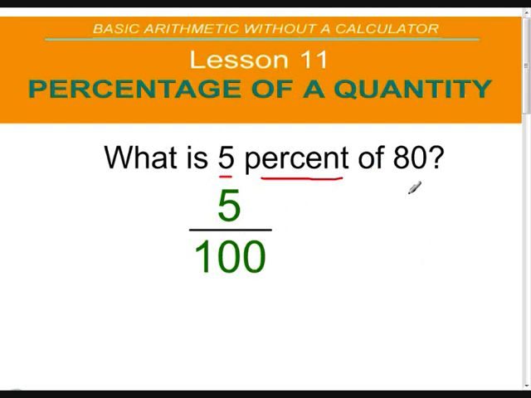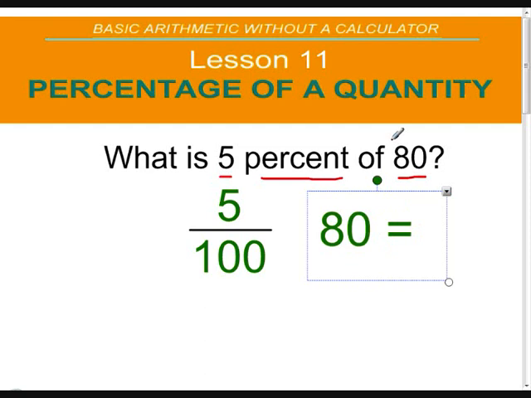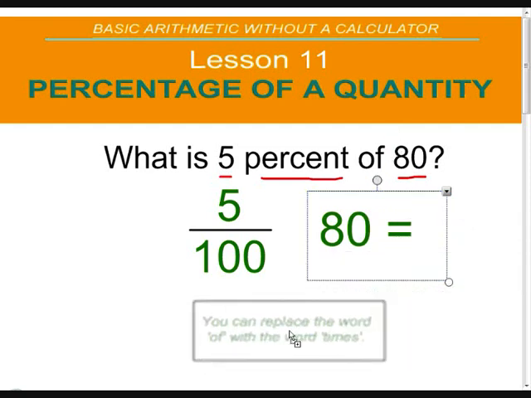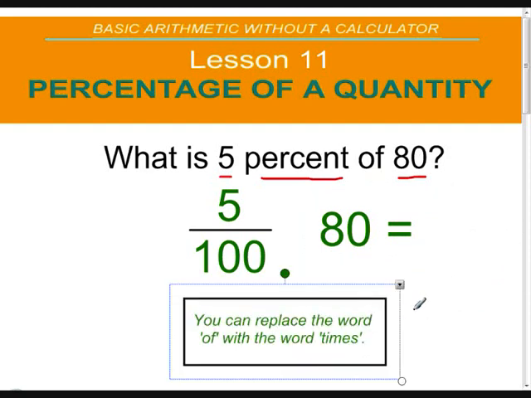Now, of 80, what do we do with that? Well, the 80 is easy enough. We know it's going to go in here somewhere. But of, what do we do with that? Well, let's start by looking at this rule, and if you need to stop the video to write it down, it might help you to remember it in the future. You can replace the word of with the word times. In other words, if you see of, it means you have to multiply. So I'm going to put a multiplication symbol in here now,